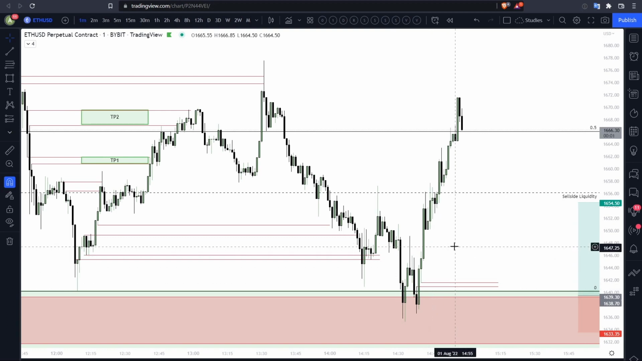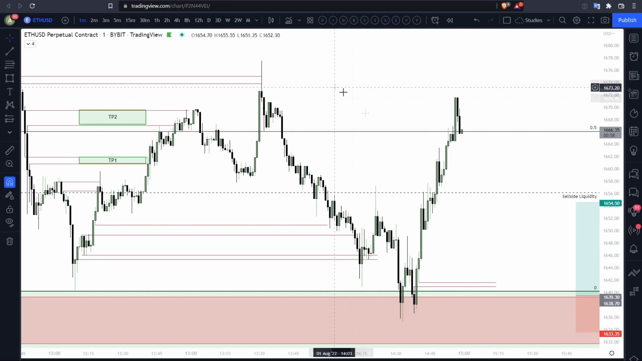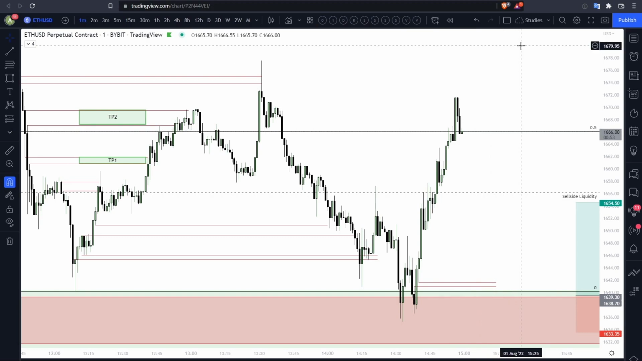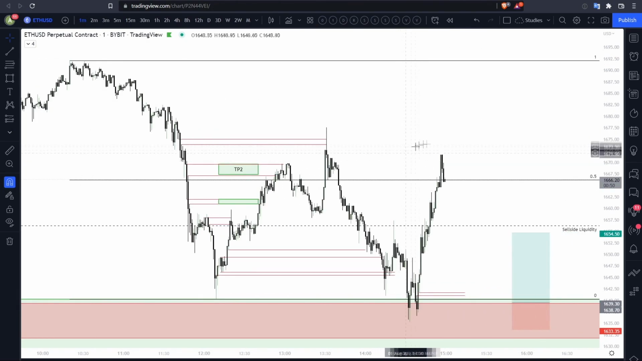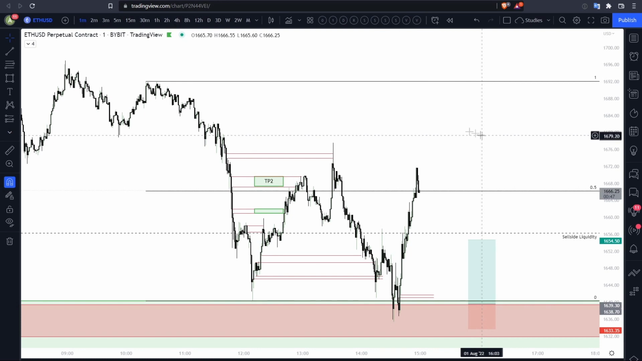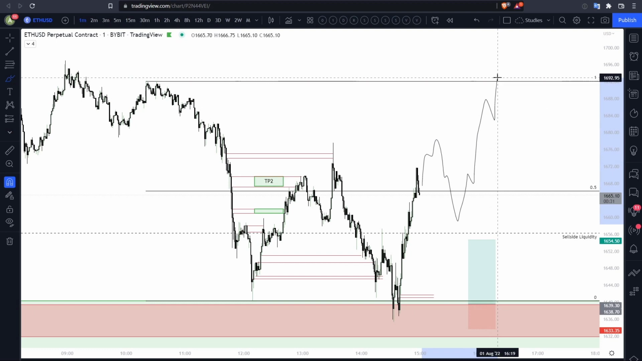So I guess these are the observations for today. I will keep recording for later to see how this session progresses and where this actually goes. My current view is that we will take out this high, and maybe we will go up here, something like that. Maybe. But in any case,